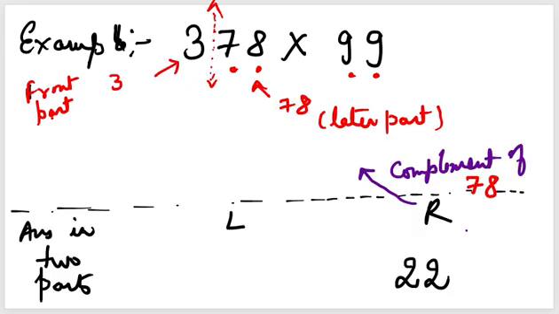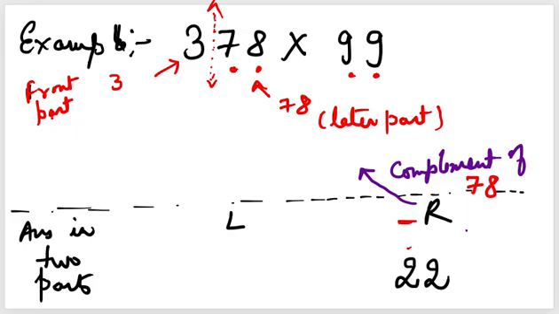So first step is that as soon as you identify that this is a 2-digit number and you are multiplying it with the 3-digit, so first of all you separate the 2 digits and find out its complement, and that becomes the right part of the answer. So how do we find a complement? So complement process is all from 9 and last from 10, and the last should be non-zero. So here, 7 I will subtract from 9, that will be 2, and 8 I will subtract from 10, so 22 will be my right part of the answer.